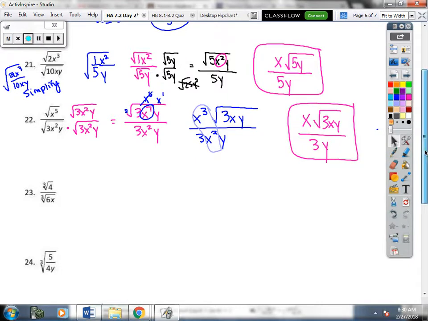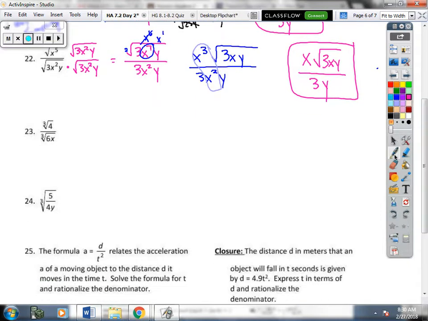All right, now our next couple are cube roots. Okay, so put a little star next to these. When we rationalize the denominator for this one, we're not going to do what we normally do. And you could reduce this if you wanted. The 4/6 could become 2/3 if you would like, but I'm just going to leave it because most of you won't think to do that. Some of you will. You're welcome to do it, but normally we just multiply by the cube root of 6x